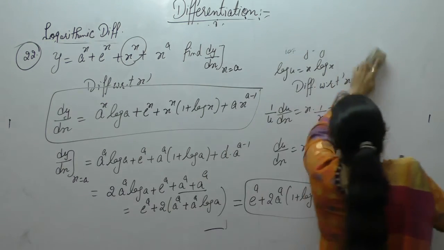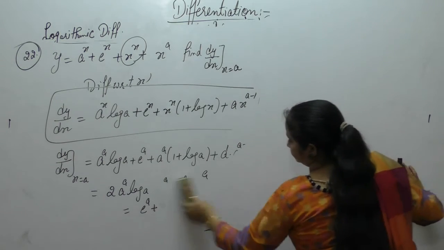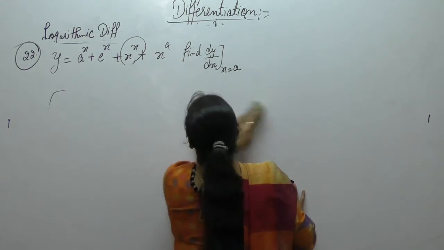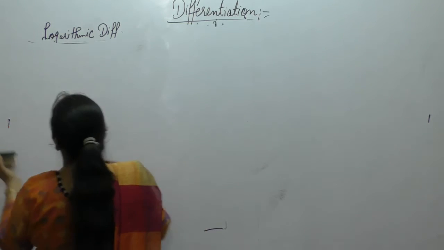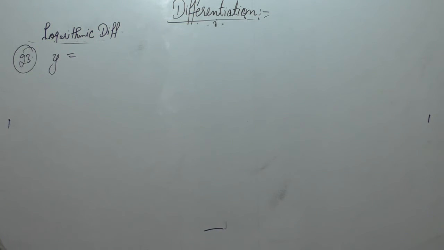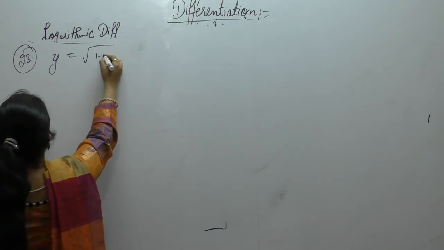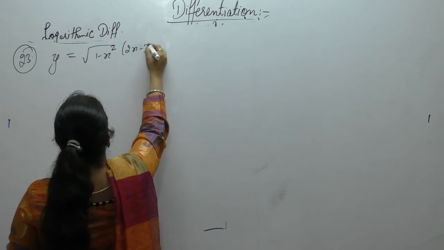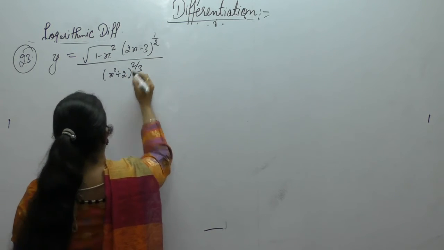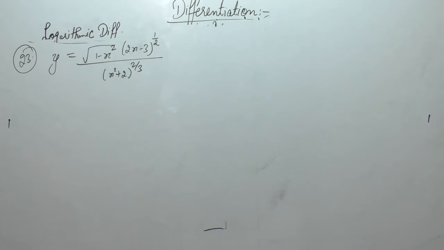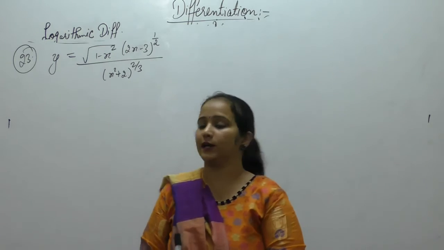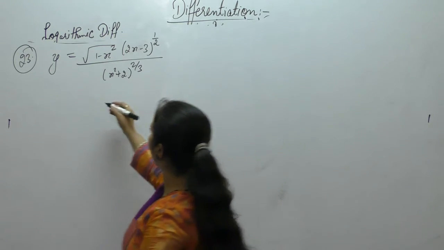Now the next one. If y is equal to square root of 1 minus x square, 2x minus 3 power 1 by 2, x square plus 2 power 2 by 3, find dy upon dx. Now here the two terms are in product and one is in the denominator but has power, so taking log on both sides,